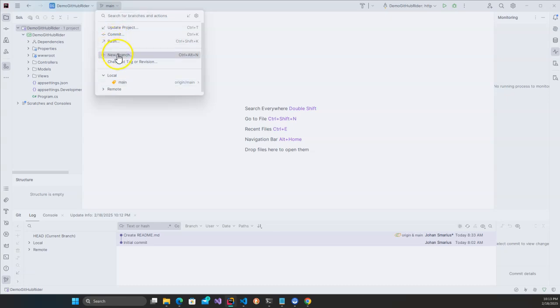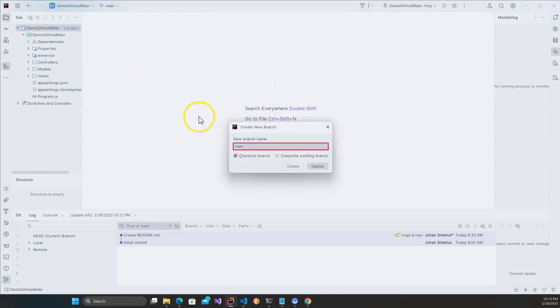I can choose here the new branch, which will make a new branch based on main, or I could go here for the local main and click it, and then you will get a new branch from main. This one is quite explicit. If I choose this one, it will use the current branch, in this case main, as the basis. So we're going simply for the main branch, and I want to name this